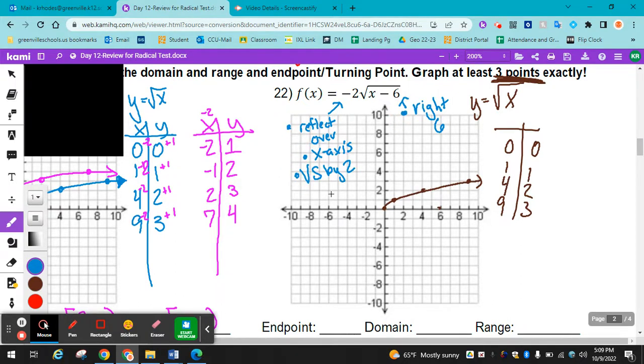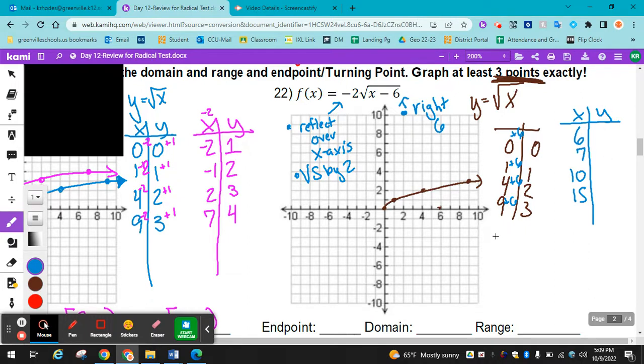But the only thing that's affecting my x values is right or left. So again, I'm just going to do my x values. Right 6, I'm going to add 6 to all these. So I get 6, 7, 10, 15, right? And then it doesn't matter what else is happening. I can just plug these in. As long as you know how it moved left or right, get your new x values, plug them in to